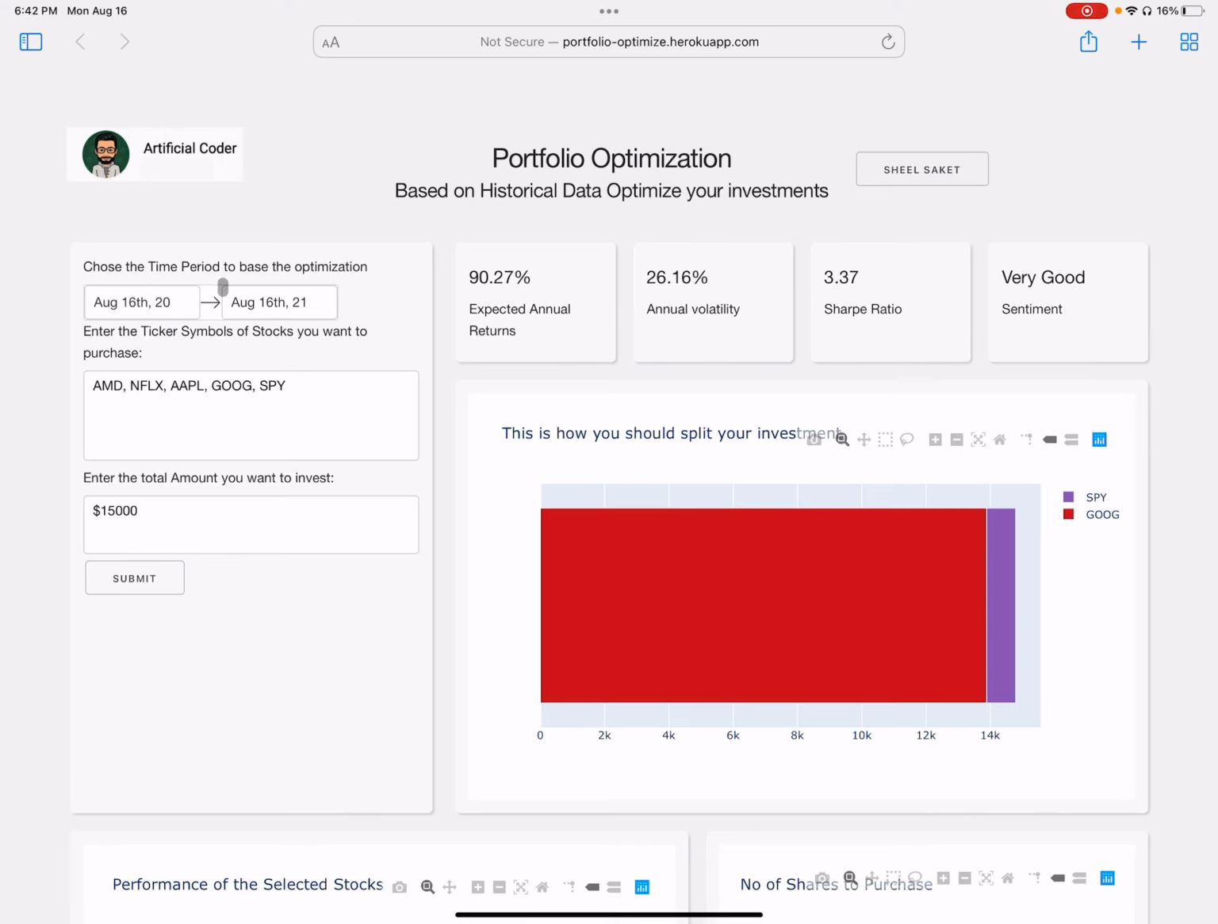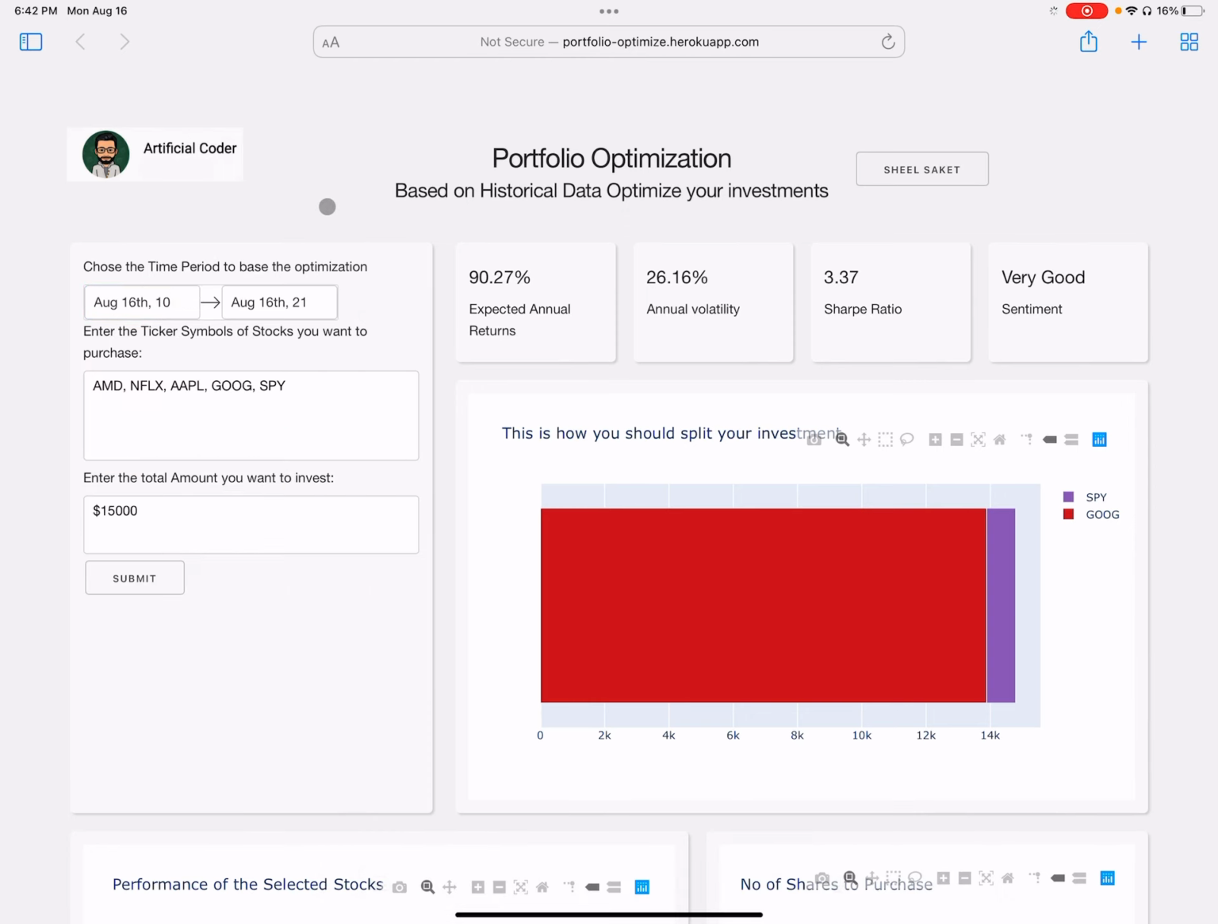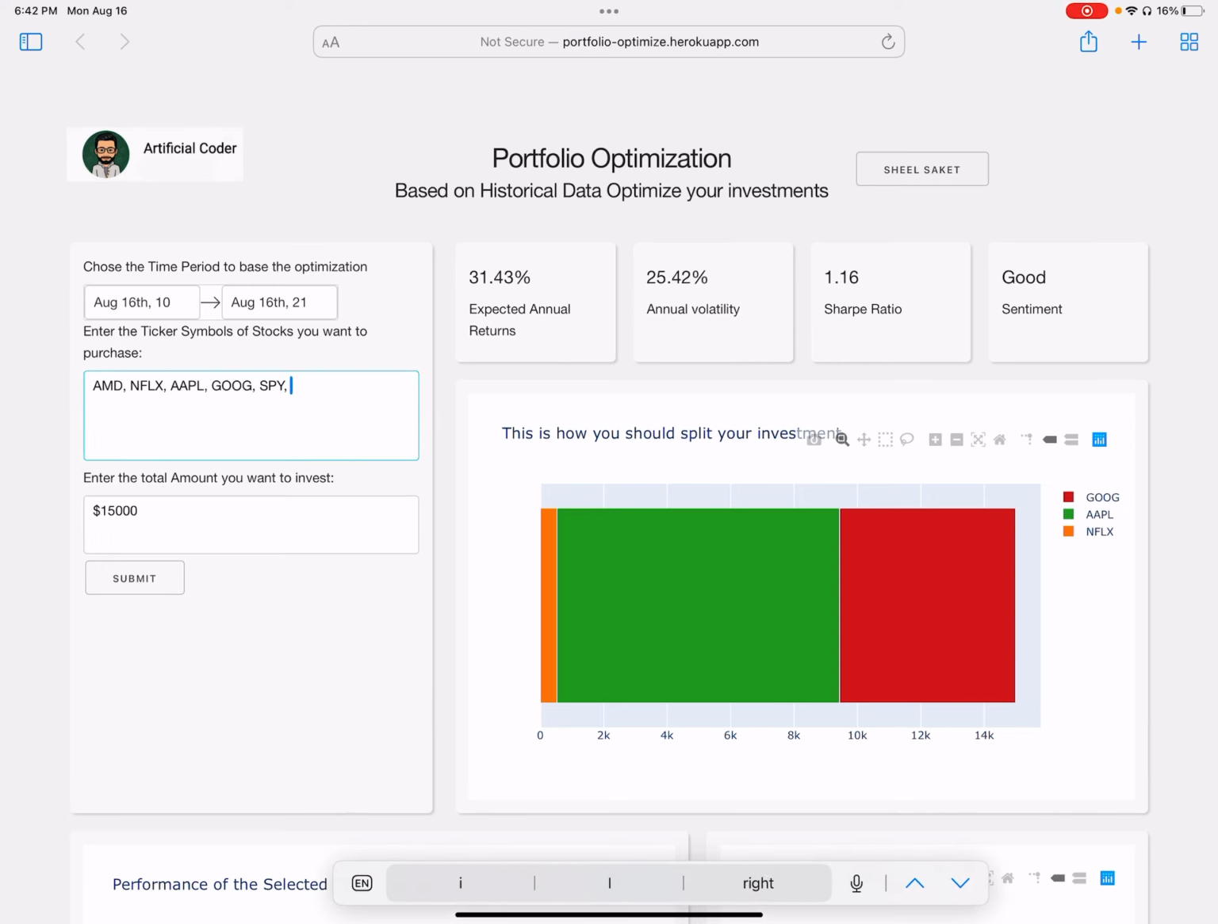Time period. So this is a time period based on which you would want to make some kind of an investment decision. Okay, and you just throw in the ticker symbols of all the stocks that you want to invest in and the total amount that you want to invest. So let's say if I want to use almost 11 years worth of data to make my decision, and then let's say if I want to invest in more stock, if I just throw in more stocks,